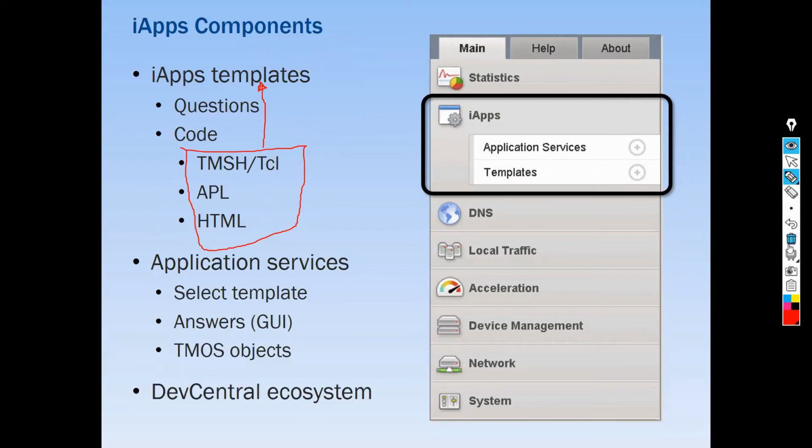Now, if you are a developer, you can also develop an IAP template. By default, your box will be shipped with a few templates. You can use them. But if you want to customize the templates and develop a template of your own, yes, you can. If you know all these TMSH, TCL, APL, and HTML languages, you can develop a template for yourself and use it.